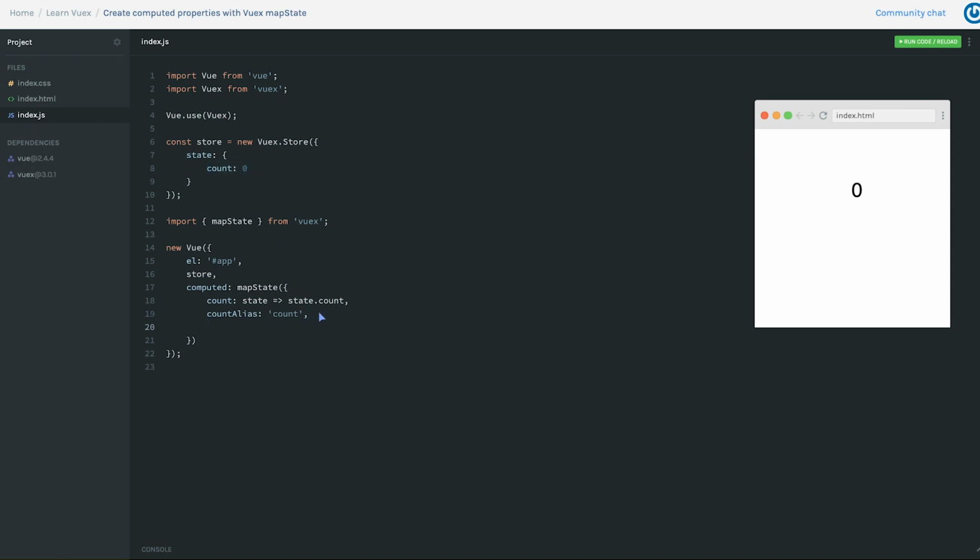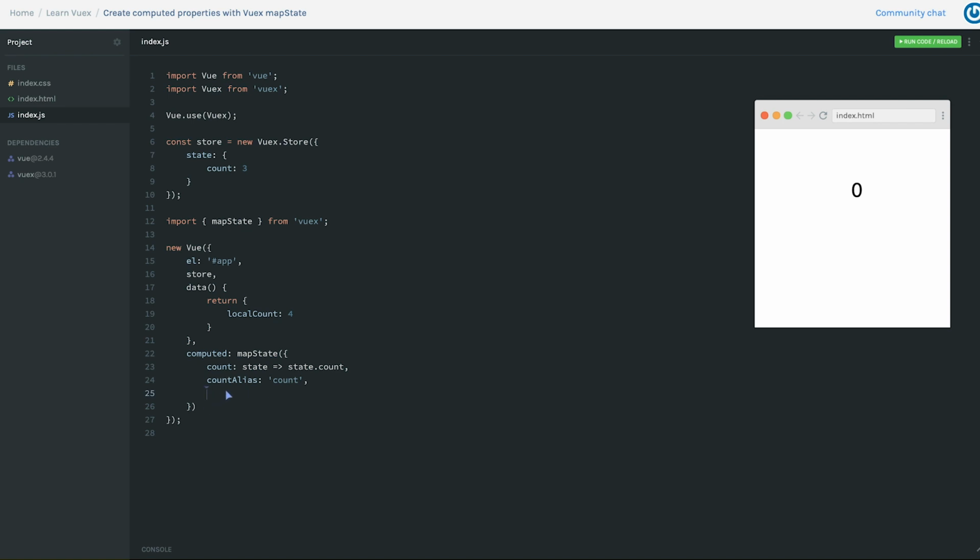Another situation you might come across is when you have a piece of local data that you want to combine in a computed property with your store data. So I'll create some local data here. I have localCount, which is 4. And I'll make it a little bit more interesting by making count 3, just so that we can see something a little bit different. So to access both of these data members within a single computed property,